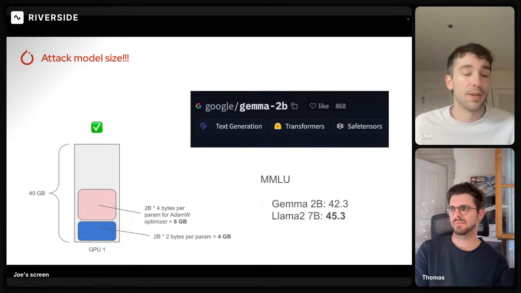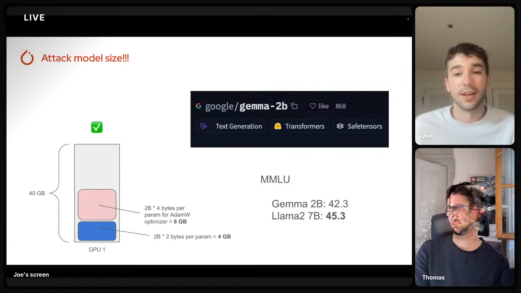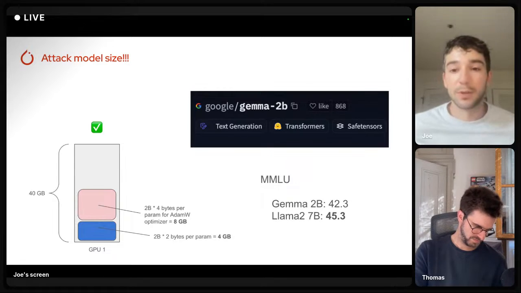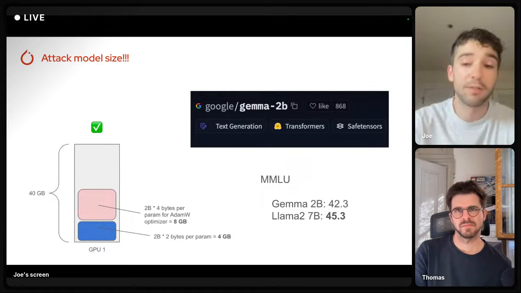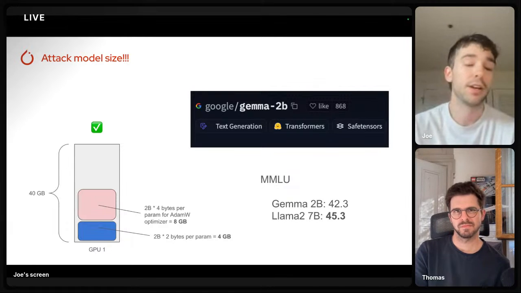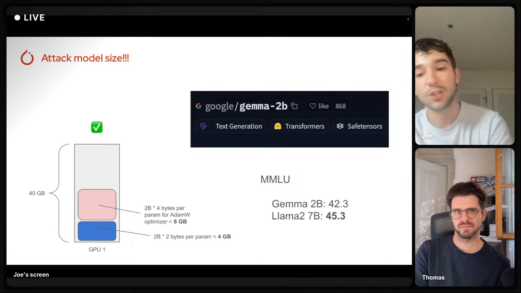We're well within our memory required for 40 GB, and so great. We can train. The issue is here that if we look at Gemma 2 billion versus Llama 2 7 billion, obviously, looking at one benchmark here, MMLU, which is a comprehensive set of tasks, you see that the larger model